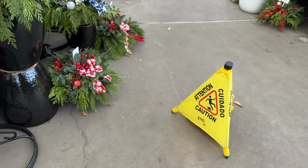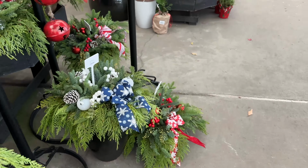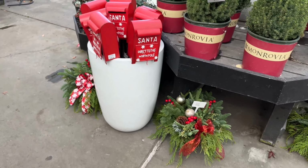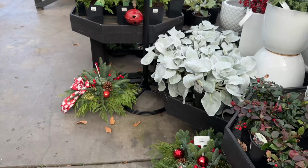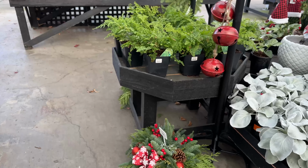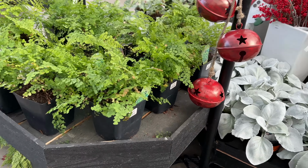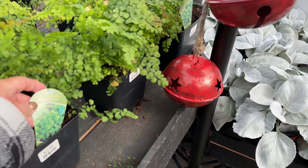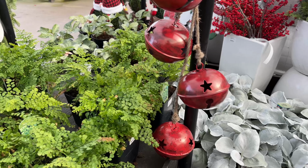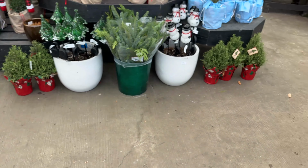Okay, now we're getting into the Christmassy stuff. And then I'm going to head inside in a minute. Where is the little bonsai looking stuff? What is this? Maidenhair fern. I think I've tried one of these in my day. No. Everything's a little...